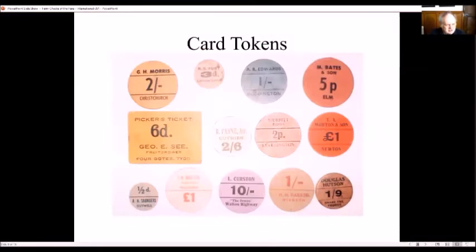Here are some of the card tokens, and they're not exactly very inspiring designs, but we have a name, a place, or the name of the farm, and a denomination. And you end up with metal rimmed card, quite thin card, or quite chunky, thicker card tokens. And some of them give a little bit more information. Fruit grower was George C. Four Goats is an area where his farm was, which is close to Tibbs. So this is almost his complete address.